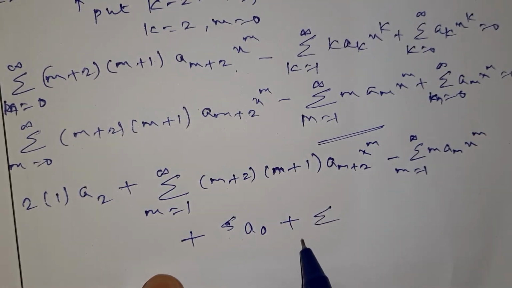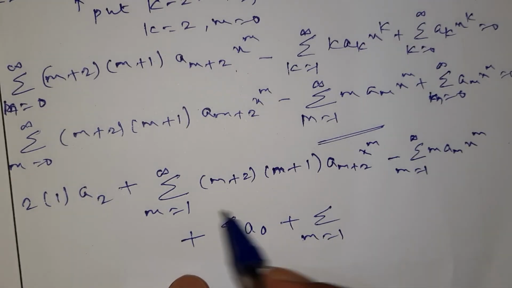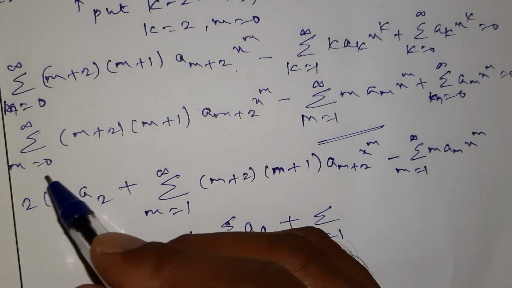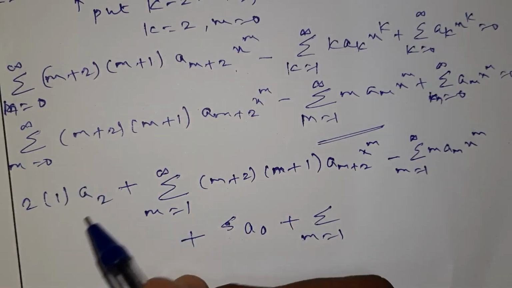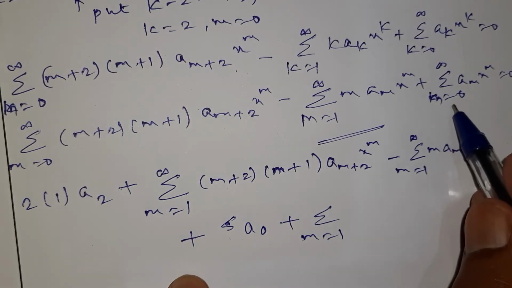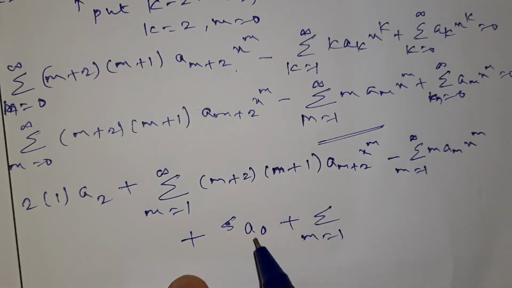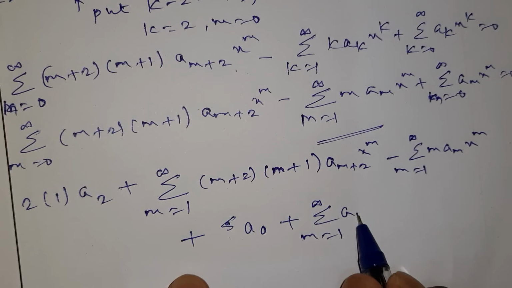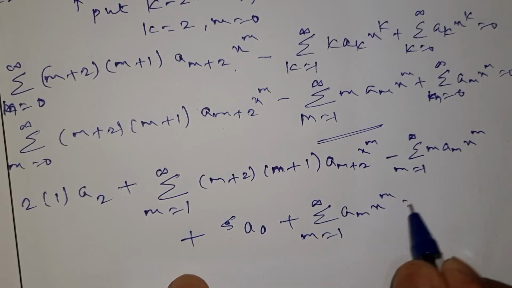Now the series starts from 1 because one term I take outside 0. Have you understood what I did here exactly? Here series starts from m equal to 0. That's why I take one term outside and I start m equal to 1. Here also I have to do the same thing. M equal to 0 I substitute, take one term outside and series starts from m equal to 1 to infinity. Right? Then here am x raised to m is equal to 0.